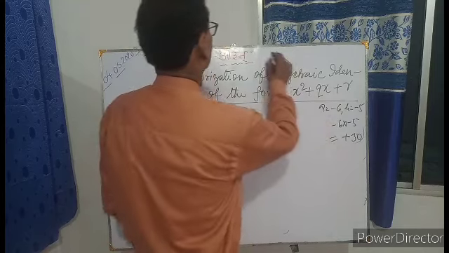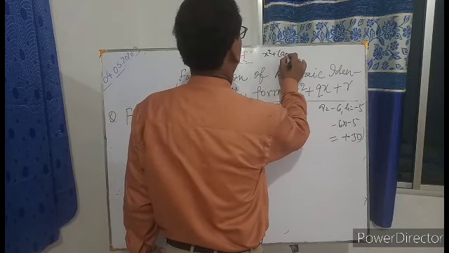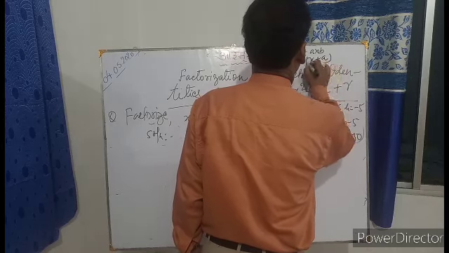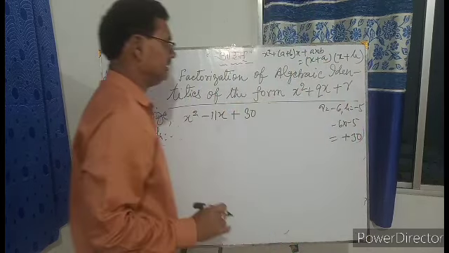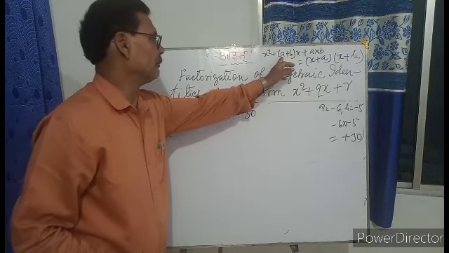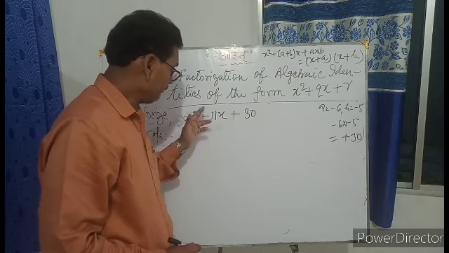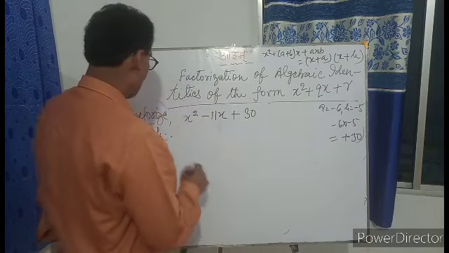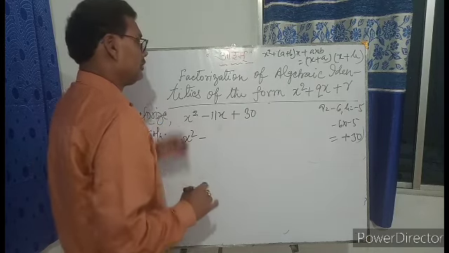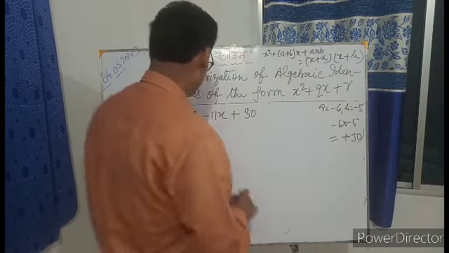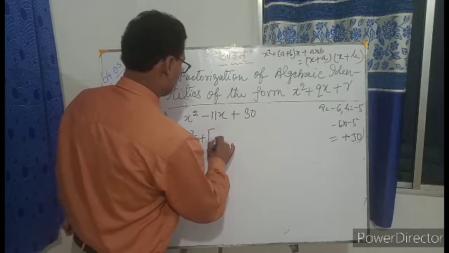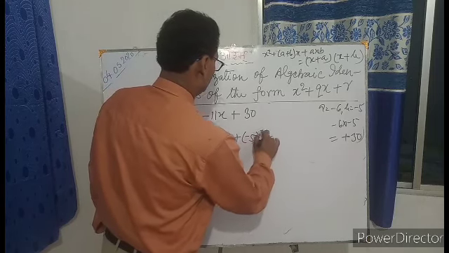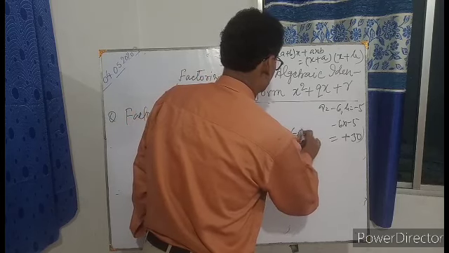ठीक है, इसको हम a प्लस b के रूप में तोड़ेंगे, ताकि a प्लस b हमने लिखा था ना यहाँ पे x² प्लस a प्लस b इंटू x प्लस a इंटू b इक्वल टू x प्लस a इंटू x प्लस b, ऐसा लिखा था। तो हम -11 को a प्लस b के रूप में तोड़ेंगे, ताकि वह -11 के बराबर हो जाए, और उसको गुना करेंगे तो +30 हो जाएगा। तो आप समझ रहे हैं क्या होगा, x². अब यहां देखिए, चूंकि फार्मूला में प्लस a प्लस b है, तो यहां पर हम प्लस लिखेंगे, a के बदले में -6, और b के बदले में -5, इंटू x, और यहां पर -6 इंटू -5।